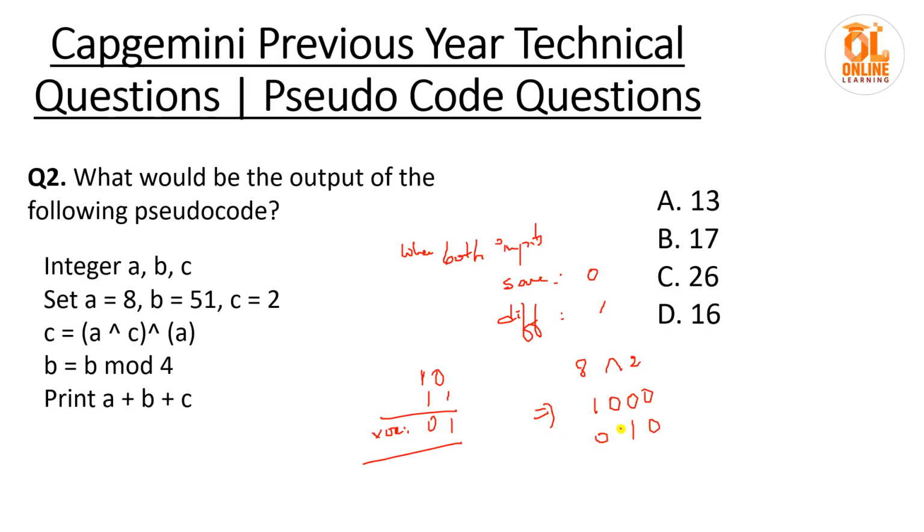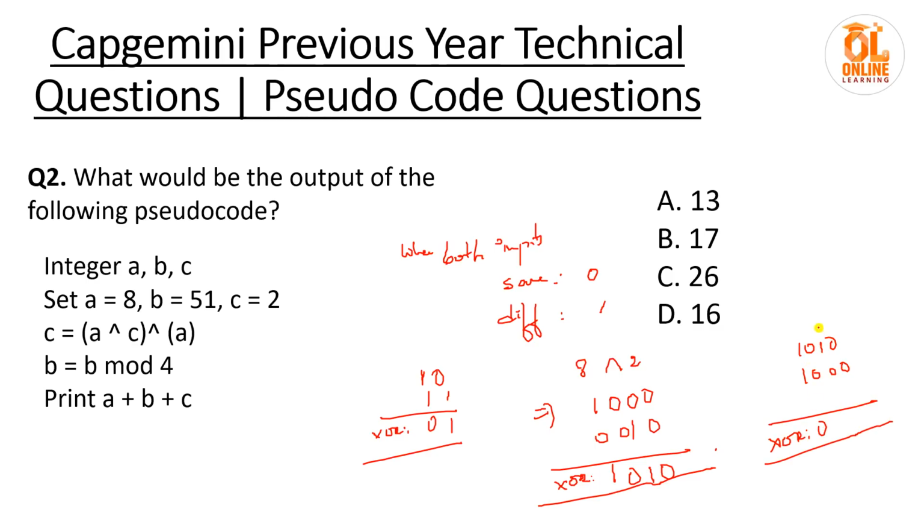1 0. So the rest here will be 0. First the XOR for this: 1 and 0 are different, so 1; both are same, 0; different, 1; both are same, 0. So 1 0 1 0. And after getting this we are again doing XOR with A. So 1 0 1 0, and A is 8. 8 means 1 0 0 0. So if you do XOR for this